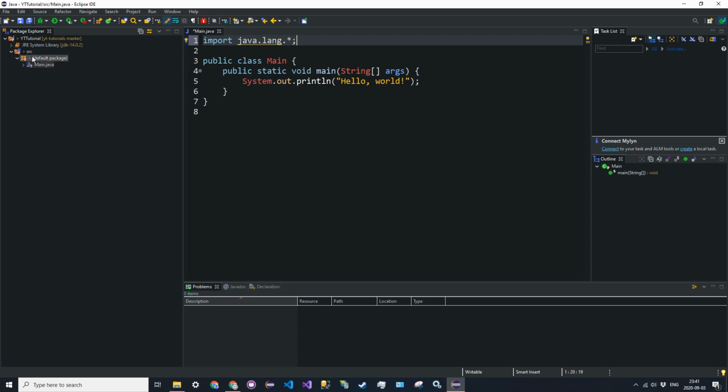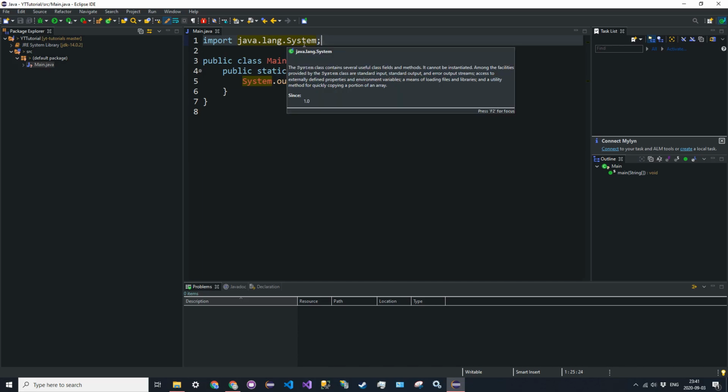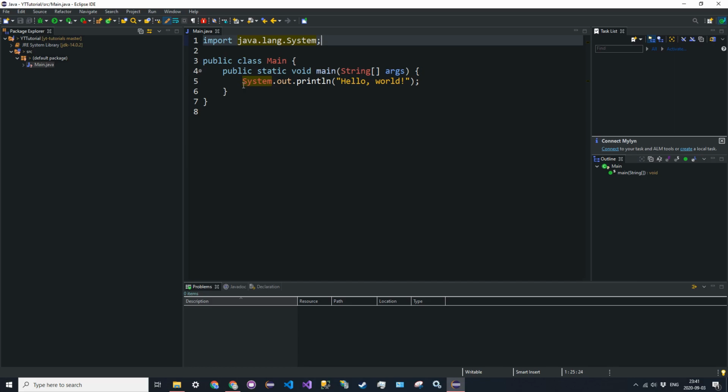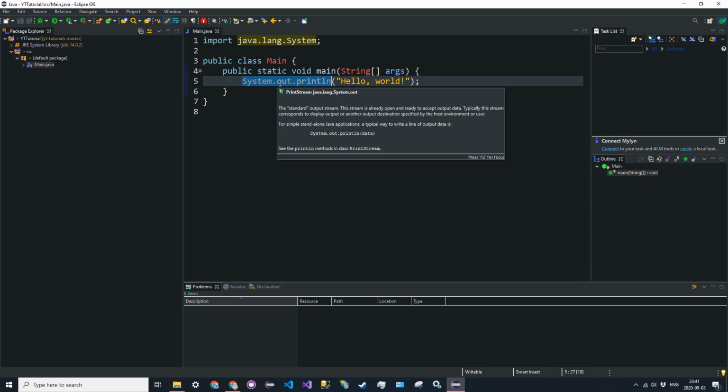So I could put this in a name, let's say com.tutorial, and then I would have to put package com.tutorial at the top of this file here. But by saying import java.lang.star, we are importing all of the classes, all of the files from this package here. We could say import java.lang.system. I don't know if it'll let us. It will. Okay. So we just take one class, and